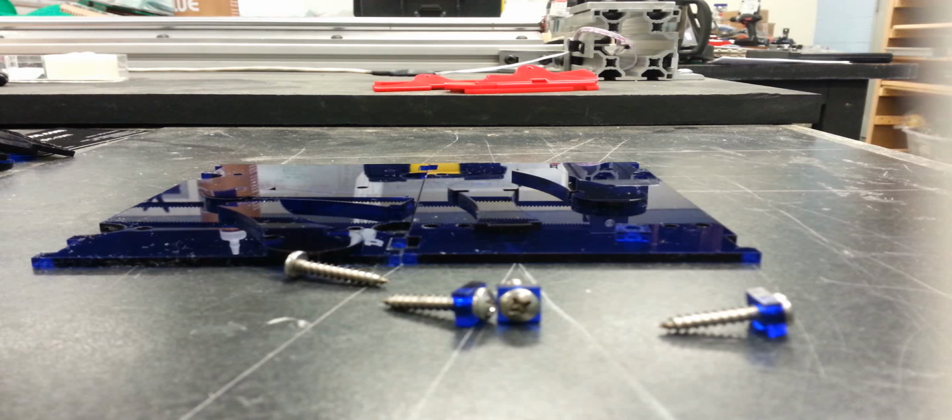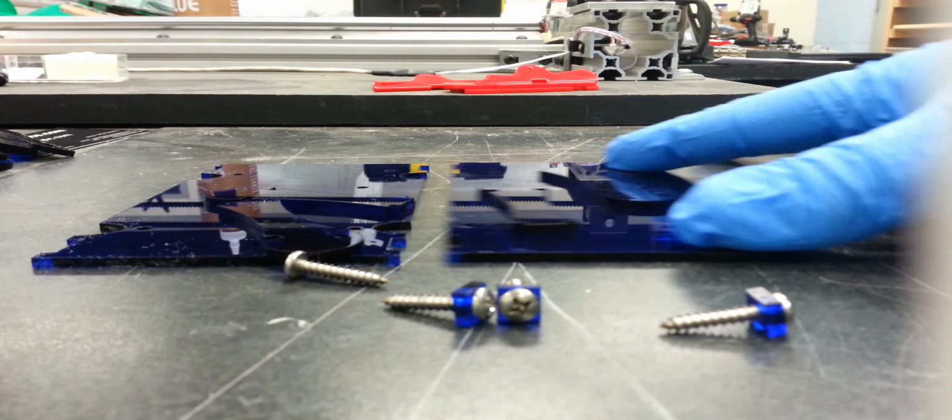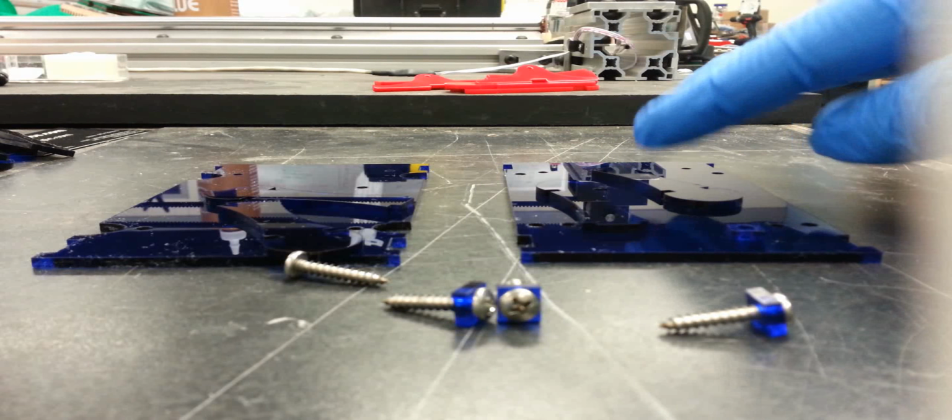In this video, I'm going to show you how to put together the dual or double Arduino holder. So this is going to be a holder, a case, open case if you will, that holds two Arduino or similar microcontrollers. So I've already cut out the plastic, the acrylic, and